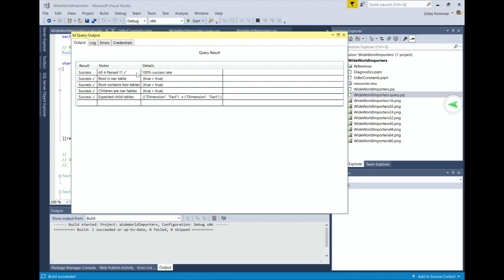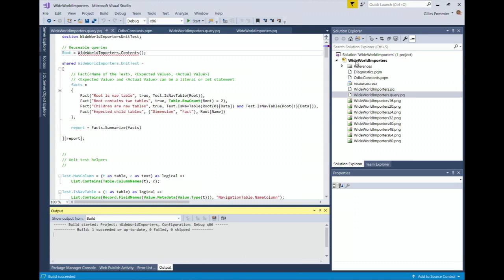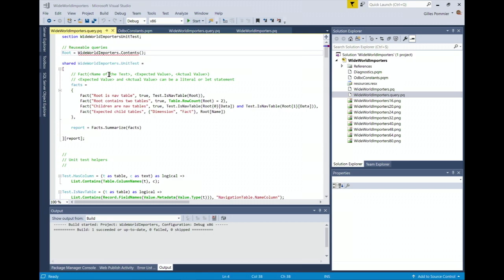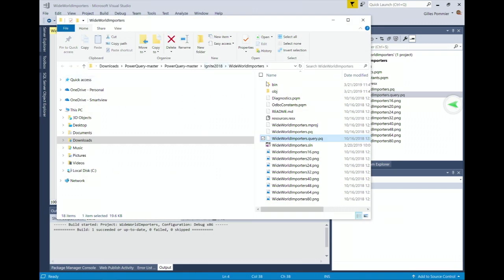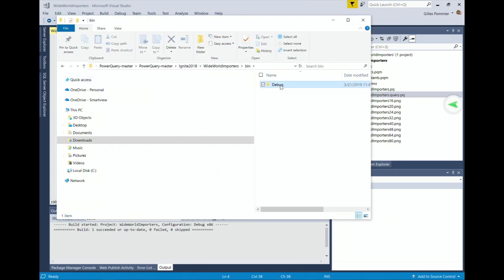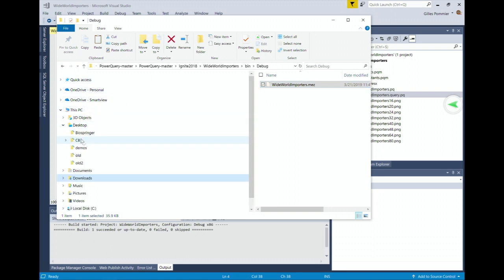And this is for testing purposes. When you build your solution, what is important is that you create, in the binary folder, in the debug folder, a maze file. This maze file, you have to take and put in your documents